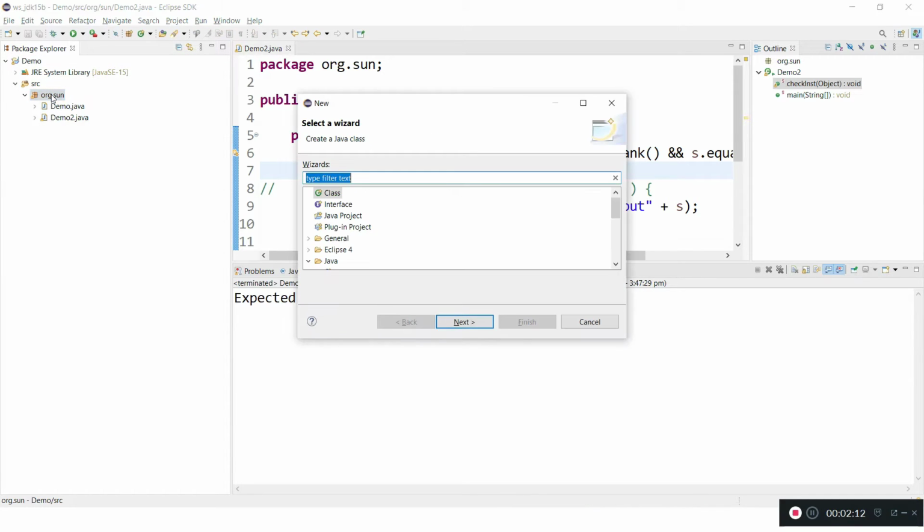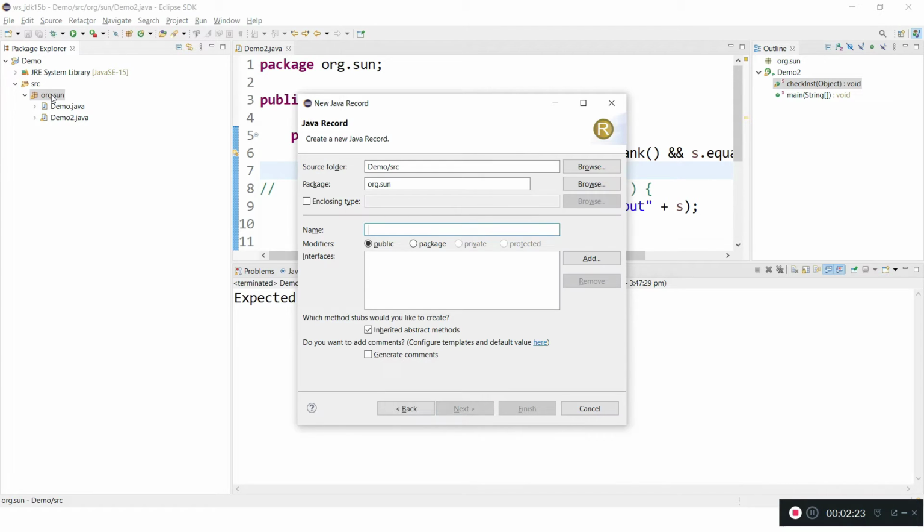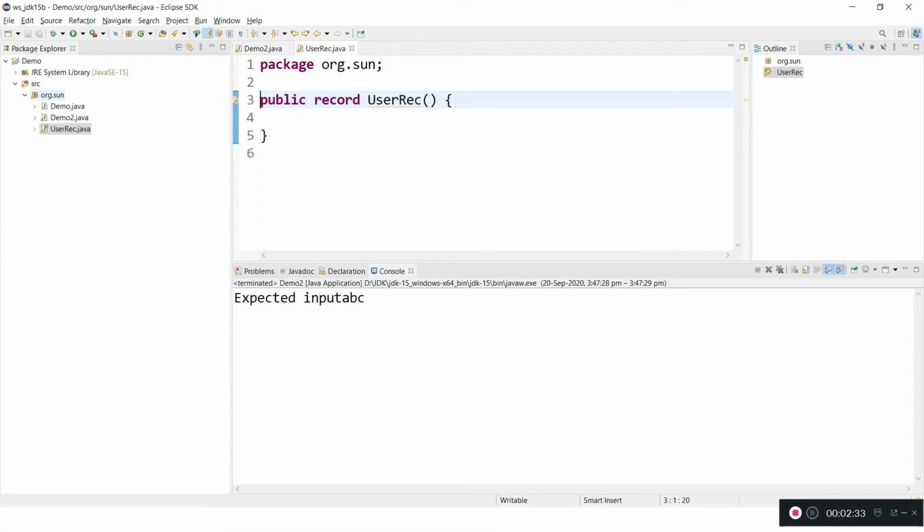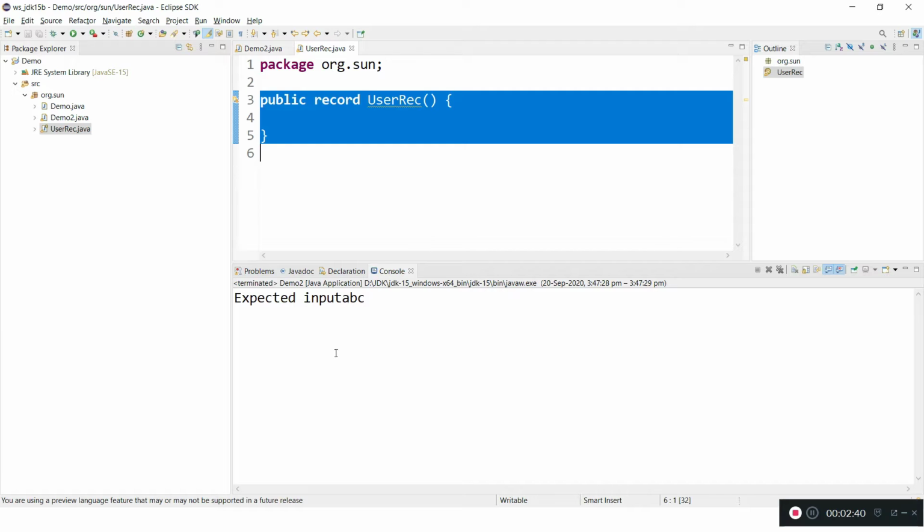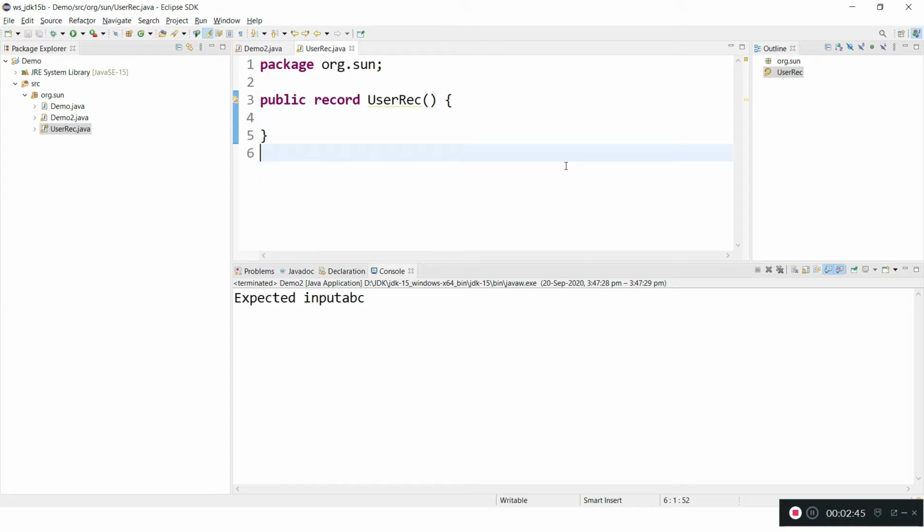and let me create a record object. To create a class we use the class type, and to create a record we need to use the record type, something like this. This is how we create records. Let me create a class and we'll see how we can use the record instance. So here is my class. Inside a class I can create a record. To create a record I can use the record keyword.